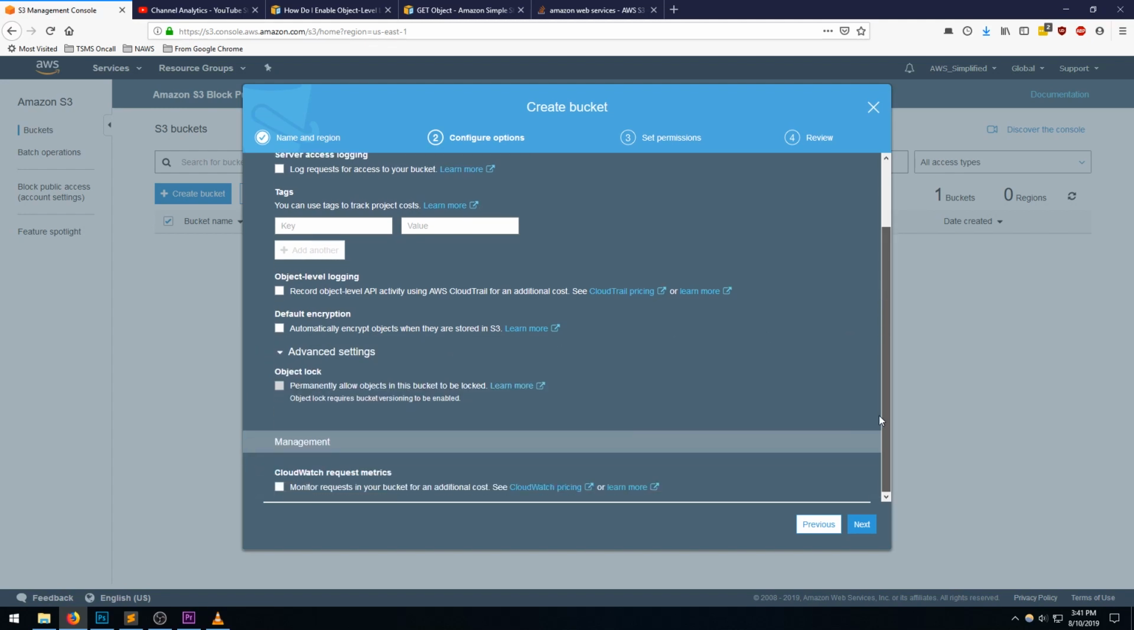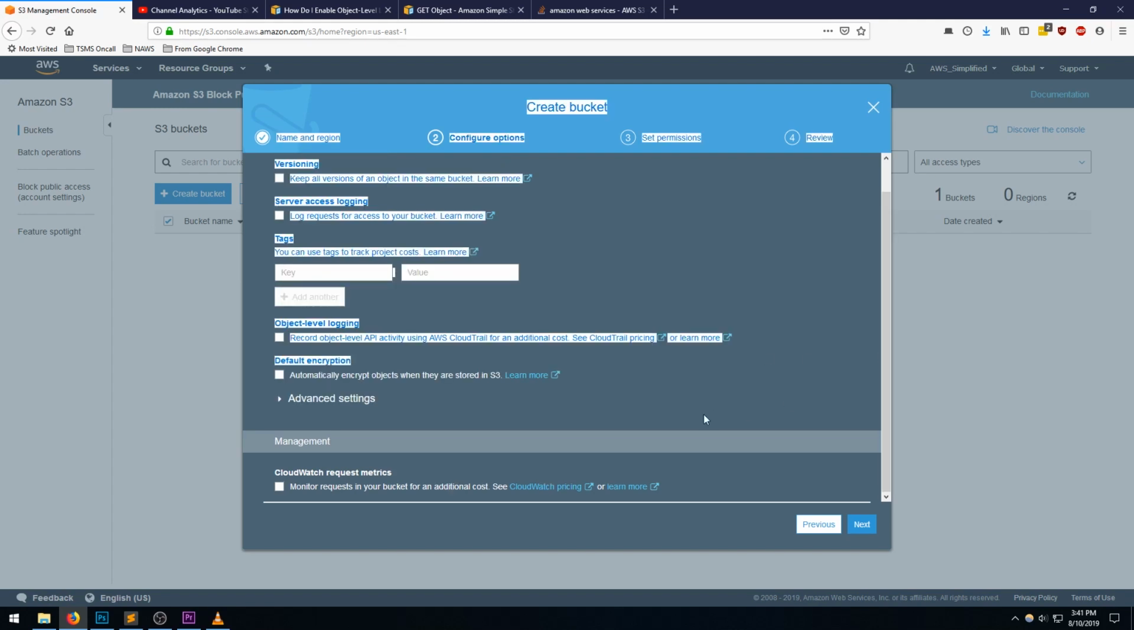If I expand advanced settings, this is like object lock functionality. So if you want to enable this bucket to have locks on certain files or subfolders so that they cannot be deleted no matter what, you would enable this. Haven't used this personally, so I don't know what the process looks like to actually forcibly delete something. But this sounds like a good idea if you have a very production dependent file or folder that cannot be deleted and you don't want to risk it being done by accident. So this may be something that's useful for you. And then,